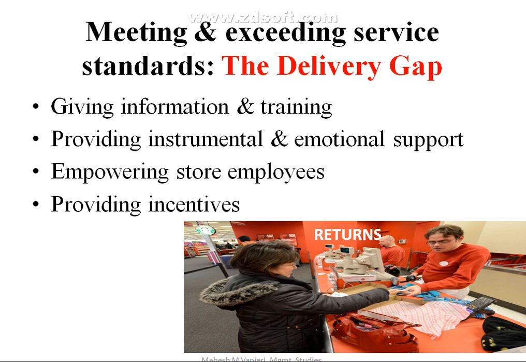A couple of times some products were damaged. Even I recall at a More store, there was a body spray can. I don't remember which brand it was. After a couple of sprays, the spray nozzle stopped functioning. I took it back to the store and said it has stopped functioning, I want a replacement. Then he said, "Wait here sir, I will ask sir and come." It means he was not empowered or authorized to replace it. He went to the store manager and sought his permission, then he replaced it. That would have been faster if employees had been empowered.